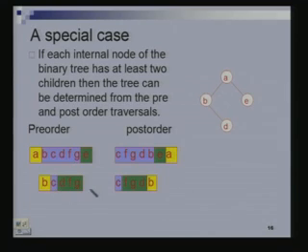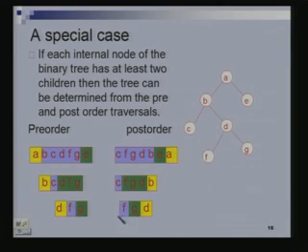So now that I have figured out the left subtree, which has only a single element, I can just draw it. Now I know my right subtree is D, F, G, where the pre-order traversal is DFG and the post-order is FGD. So now I know the root is D. I know the right child is G. There is nothing beyond G, so G has no children further. I can draw that out, and what remains is the left subtree. There is only one node, so it is to the left.